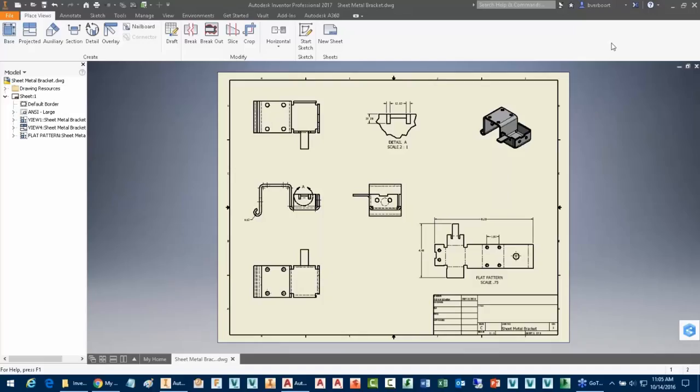So let's get started. This is a drawing of just, as I mentioned, a sheet metal part. It does include multiple views, some detail, a detailed view, as well as a view of the flat pattern. And so I wanted to work through one of the techniques that you might use to get the flat pattern information out, maybe into a piece of equipment you've got on the shop floor, or to someone that might be